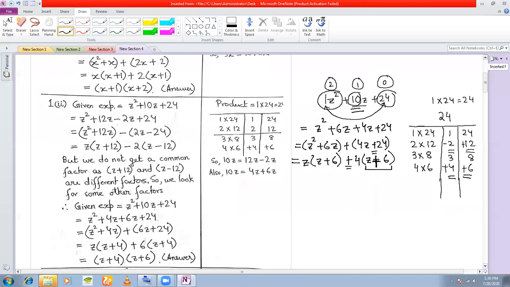So am I getting a common factor here or not? Yes, sir. So I'll now take out the common factor, z plus 6. Once I take out the common factor, I'll be left with plus z, and here I'll be left with plus 4. So this has been factorized into z plus 6 into z plus 4. Clear? Yes, sir. Sakina, is it clear to you? Sakina, I can't hear your voice. Yes, sir. It is clear.